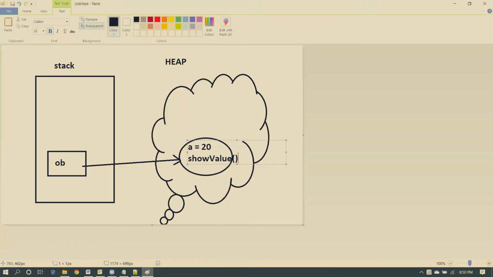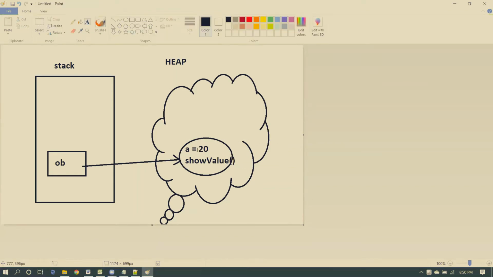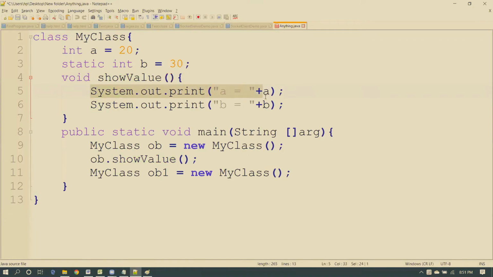This is the way that you create. Now, if you want to access any member of this object, you need to call through this reference. So that's why we write ob.a, then we get a is equal 20. If you call ob.showValue, then it will execute whatever you have written inside your